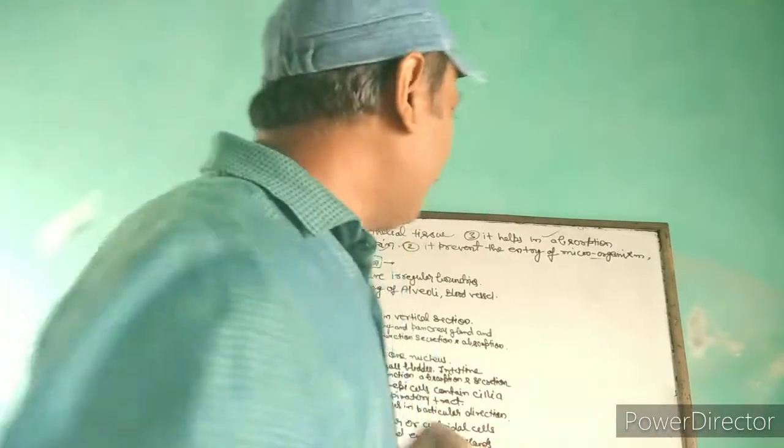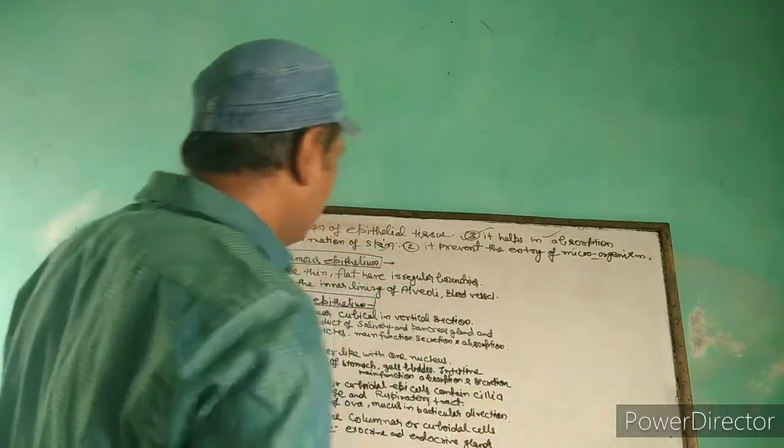As you apply medicine or any oil on your skin, you notice that your skin absorbs the balm, the oil, the medicine. And if you put your hand in water, you will notice your skin usually swells up due to absorption of water. Next function of epithelial tissue: it is also helpful in excretion by releasing out the sweat from your skin. So these are the functions of epithelial tissue.